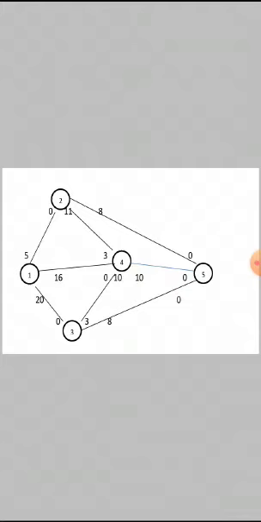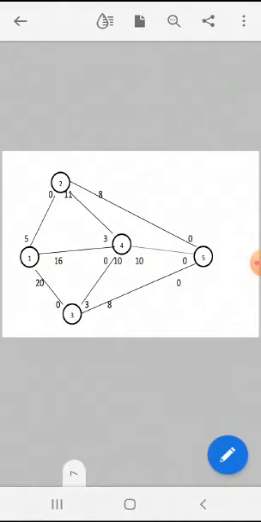Here consider the nodes 1 and 2. Totally there are 5 nodes. We have to find the maximum amount of flow that can be transferred from node 1 to node 5. Here look at nodes 1 and 2. Near node 1 there is a 5. That means 5 units can be flowed from 1 to 2 and 0 from 2 to 1. Similarly, for the arc 2 to 4, 11 units can be transferred from 2 to 4 and 3 units from 4 to 2, etc.